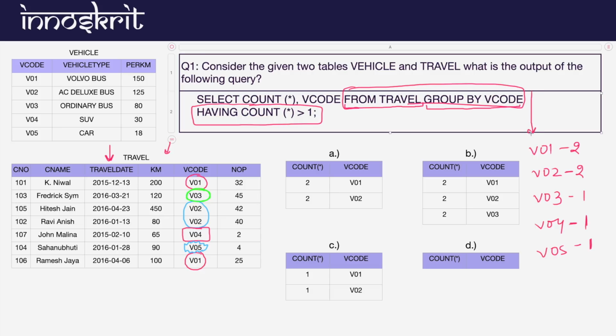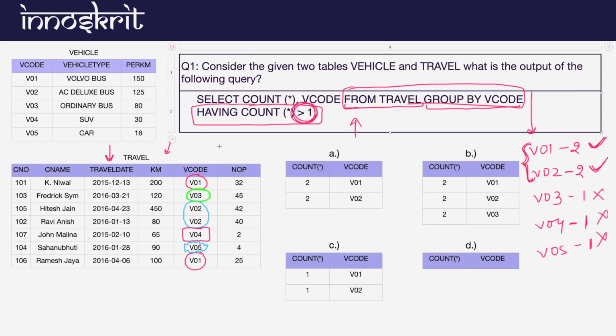Now what we have to do is perform this condition also. Whatever groups we have, how many groups have number of rows greater than 1? This one has number of rows greater than 1, this one has number of rows greater than 1, and this one does not. I hope you have got this. So in our result we have these 2 groups. These 2 groups have been filtered in our results as per this query.